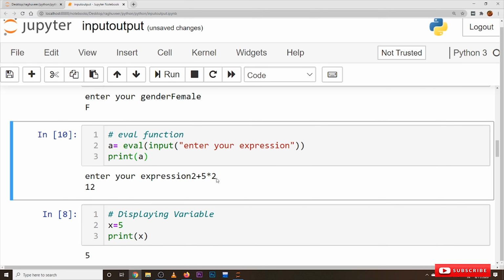What's the output? A is equal to 12: 5 into 2 is 10, 10 plus 2 is 12. The eval function evaluates the expression and the output is assigned to variable A. That is how we take inputs from the keyboard in Python.